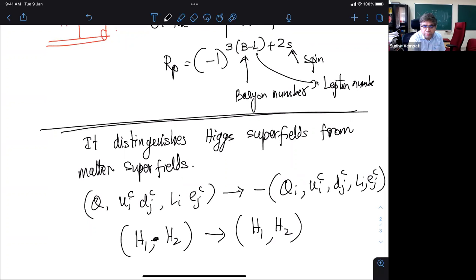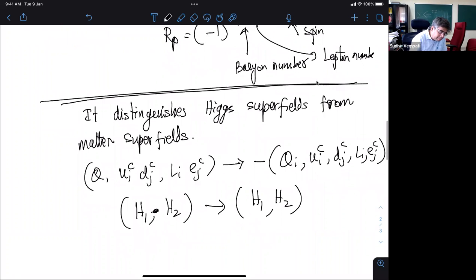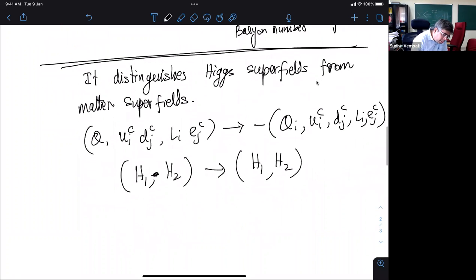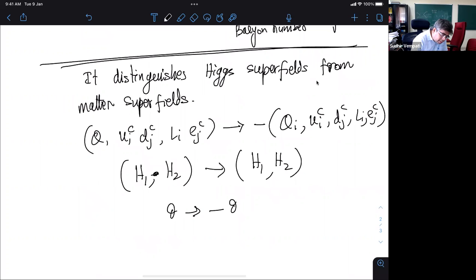And if you change their component fields by a spin -1, essentially by a spin 2/2 of this thing, nothing changes as a component. The Higgs fields remain invariant under R parity, whereas the fields which have baryon or lepton number start feeling a minus sign. They start seeing the minus sign. What else changes? Theta changes to minus theta star,